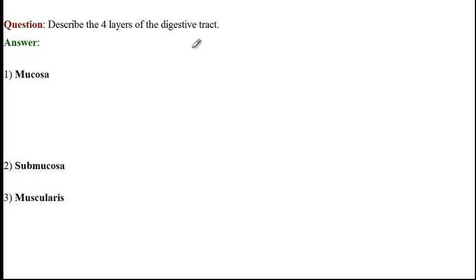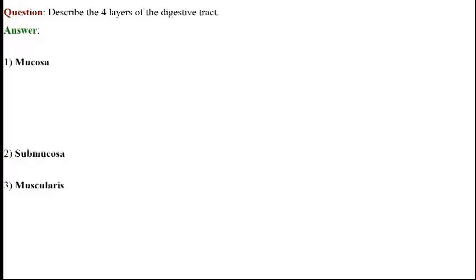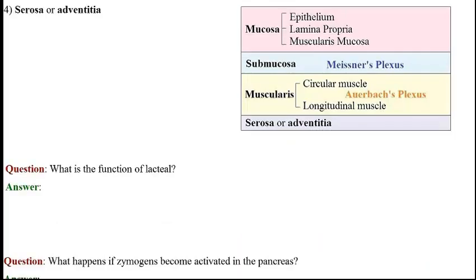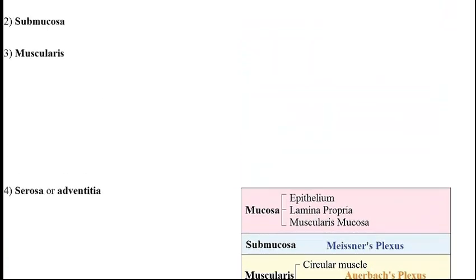From inside to outside, these layers include the mucosa, submucosa, muscularis layer, and serosa or adventitia. So let's go over the function of every one of these layers. First we have the mucosa, which is the innermost layer. It basically consists of the squamous and columnar cells, and the function of this layer is to produce a gastric